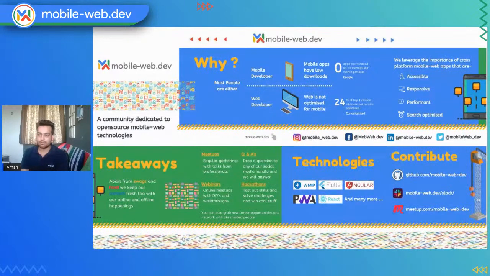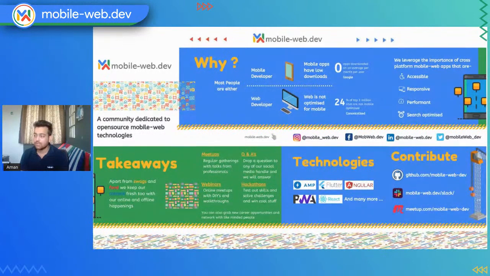But in my career, I saw that there are many problems with how people develop mobile apps and web apps. The problem with mobile apps is there are fewer chances of a new startup getting their app downloaded. According to a Google report, on average, only 0 apps are downloaded every month, and that's for sure because you also have only a limited number of apps in your phone, so the chance is very low. But you would visit the web for every small thing that you encounter. At the same time, web is not optimized for mobile. When you develop websites, you are on a desktop screen, and that degrades the whole experience of creating